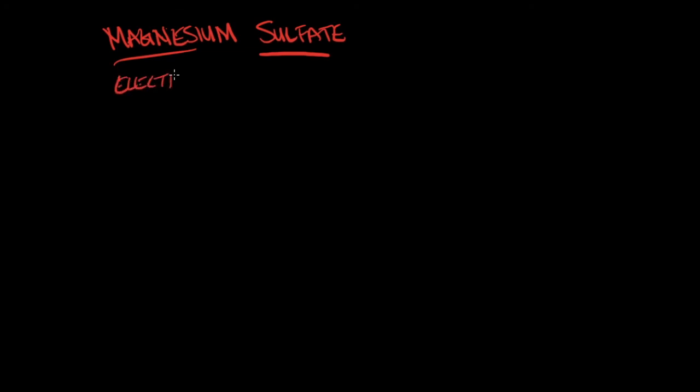Our last medication that we're going to talk about is magnesium sulfate. Now, magnesium is an electrolyte that plays a role in the transport of sodium, potassium, and calcium. And we're going to use this for the treatment of torsades. Now the thing about torsades